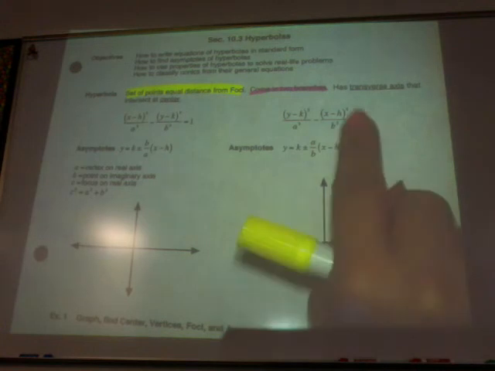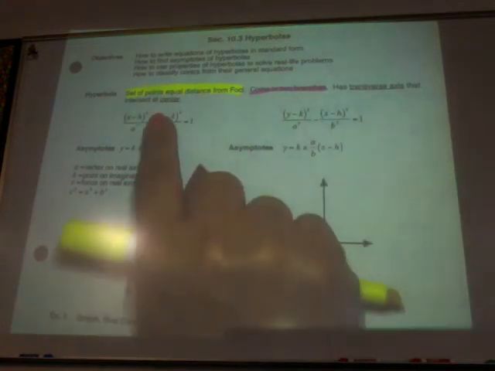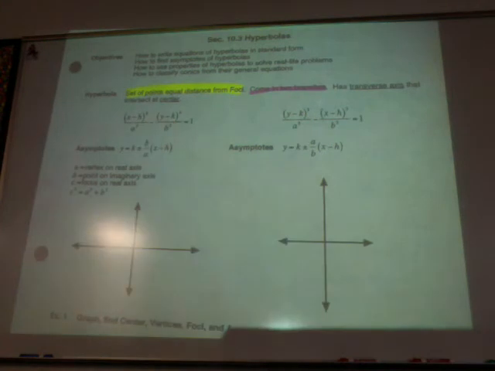They have a transverse axis that intersects at the center. So I'll talk about what that is. There is actually two of them. And I'll give you some of the extra formulas if you want them. But again, I rely heavily on graphing. So here's an example of what your hyperbola looks like. You notice we have two